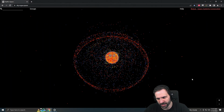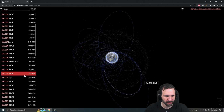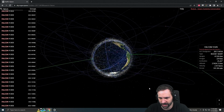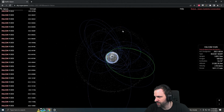Falcon 9 is going to shoot this thing into a super synchronous orbit. If we go down here, we can see some old Falcon rocket bodies from past missions that haven't deorbited yet. No, that's not one. That's a super synchronous insertion right there. See how there's this kind of ring of satellites? That's geostationary and geosynchronous, right? That's where the satellites are supposed to go. These Falcon 9s are shooting past that. They're going up here. The reason why they do that, and this is kind of the reason why it's launching in that direction, Paul,